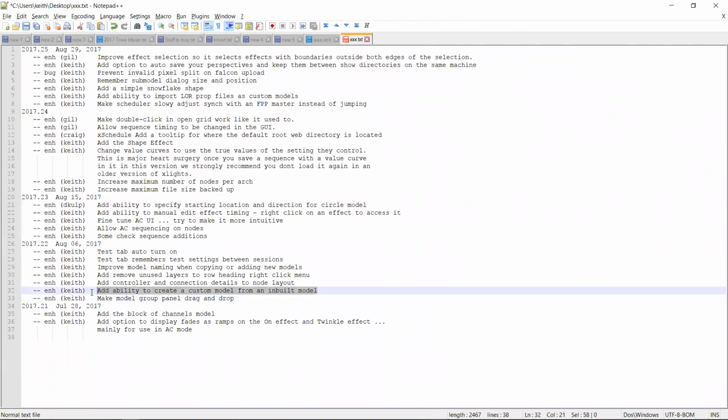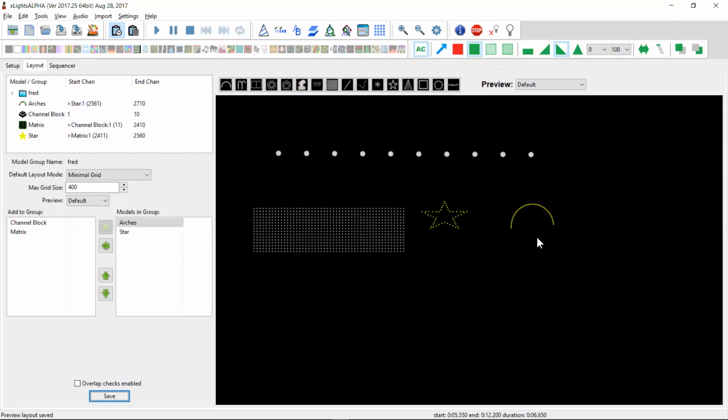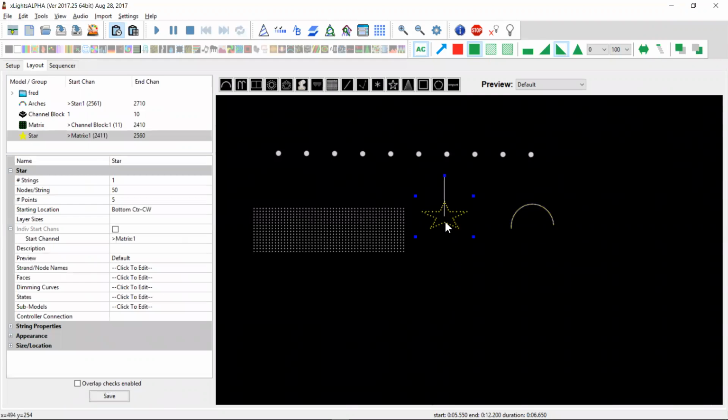Creating a custom model from an inbuilt model. So what this lets you do is, let's say you want a star, but you've wired it starting from maybe one of the feet of the star, whereas the star model by default wants you to start your star either in the crotch or at the head of the star. And of course now you're all out of luck and you have to go in and create your custom model from scratch. Well, now what you can do is you can come in here and you can export it as